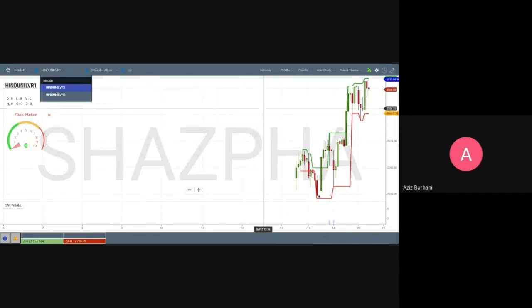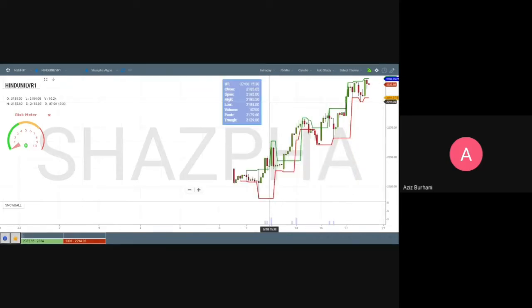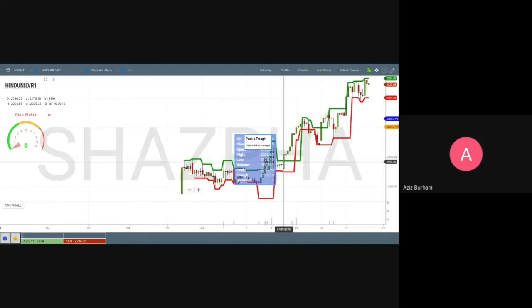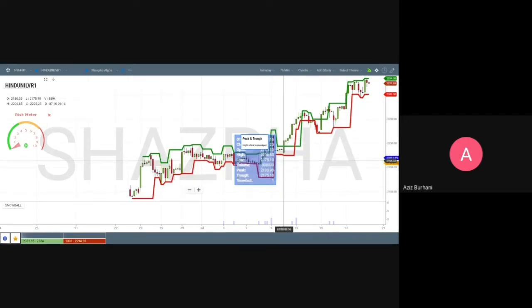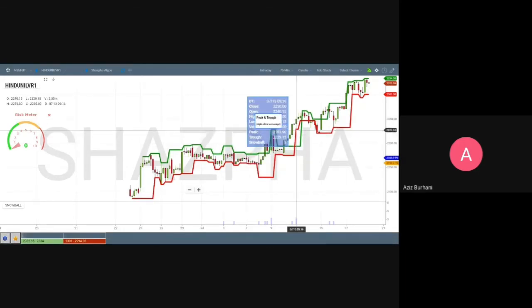This trade was generated by the RT Auto Trade Scanner. If you see here, there is a break peak where the peak is 2193.9, so you can buy at 2194, 2195, and there is no break trough.